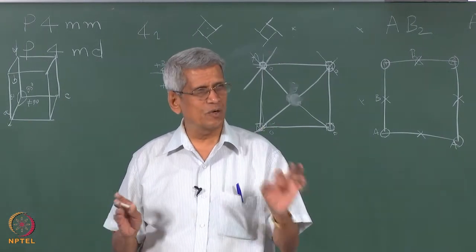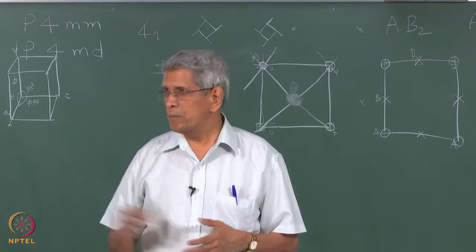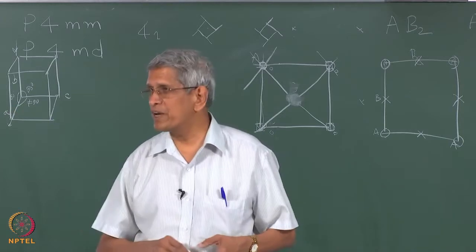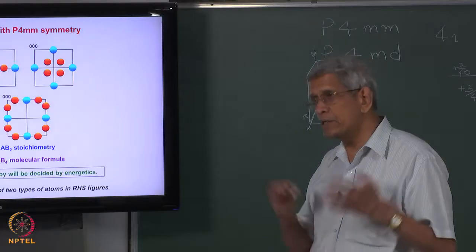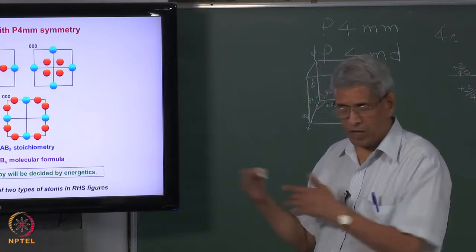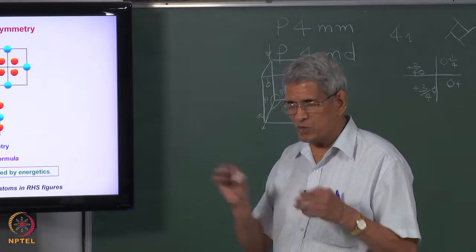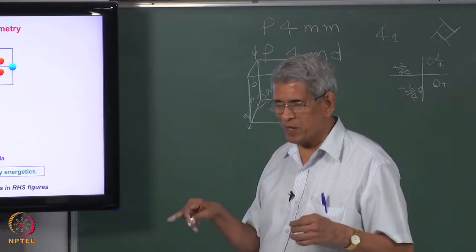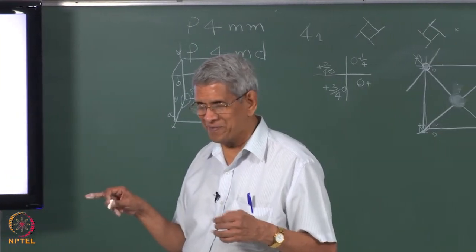Now, energetics is going to decide which is the position, because here you can see that the bond length will be different, no? Finally the bond length is what is going to matter. Here again you try to draw it and see how it is going to be, then you will realize it. A4B8 also has stoichiometry AB2, but the molecular formula is different. This happens with chemistry also, no? CH2 is there, CH2N you can put it, okay? They will not be the same.